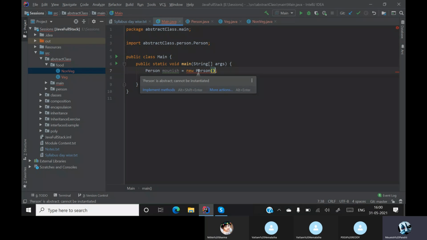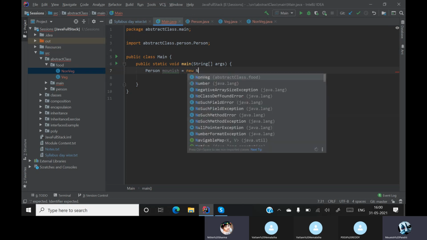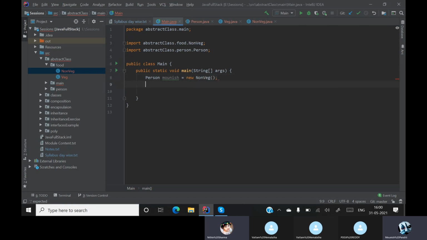So if you can't create an object for abstraction, then how do you use it? It is the question. How do you use it? Instead of creating an object for person, I'll say that he is a non-vegetarian. I am accessing the relation directly and I'll say either he eats or he speaks.